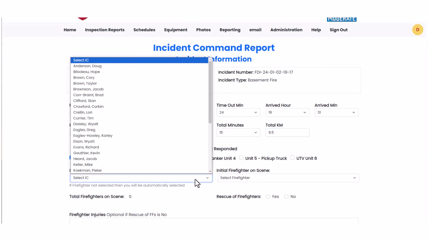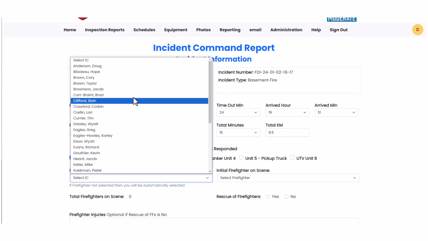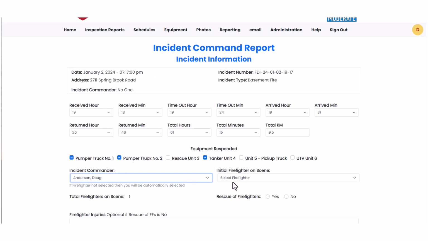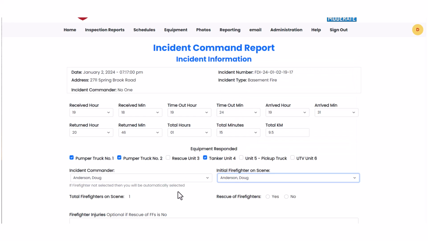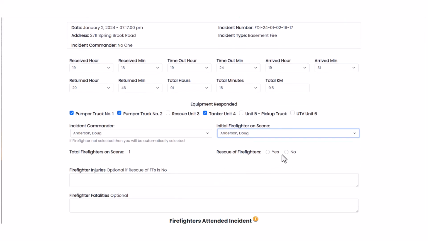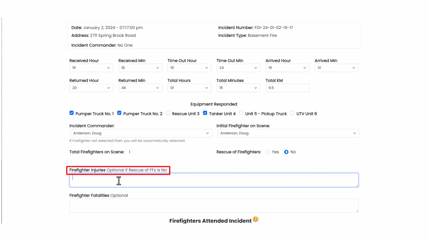I will now select Doug Anderson as the IC, as well as the initial firefighter on scene. Next, I will state that no firefighters had to be rescued during this incident. As you can see, since we selected no firefighters were rescued, we didn't have to supply any comments in the